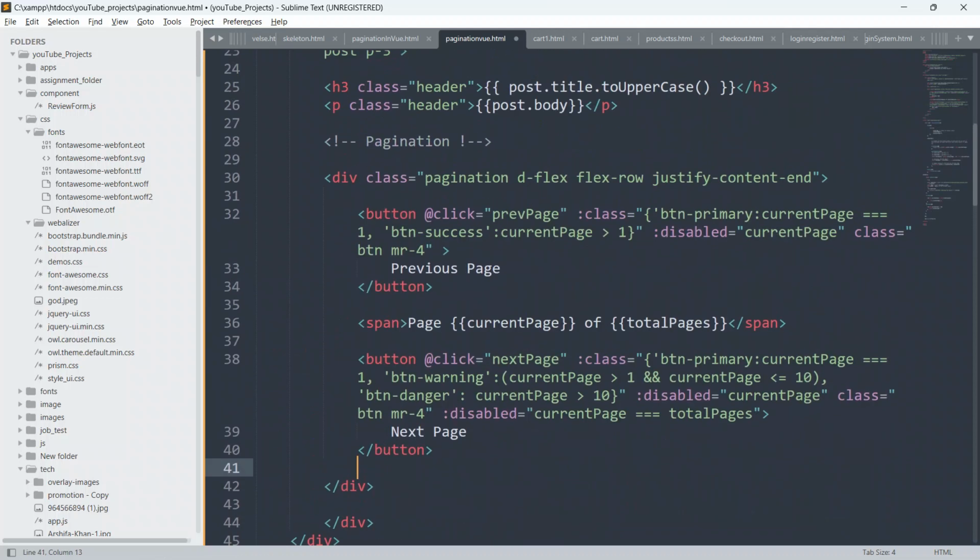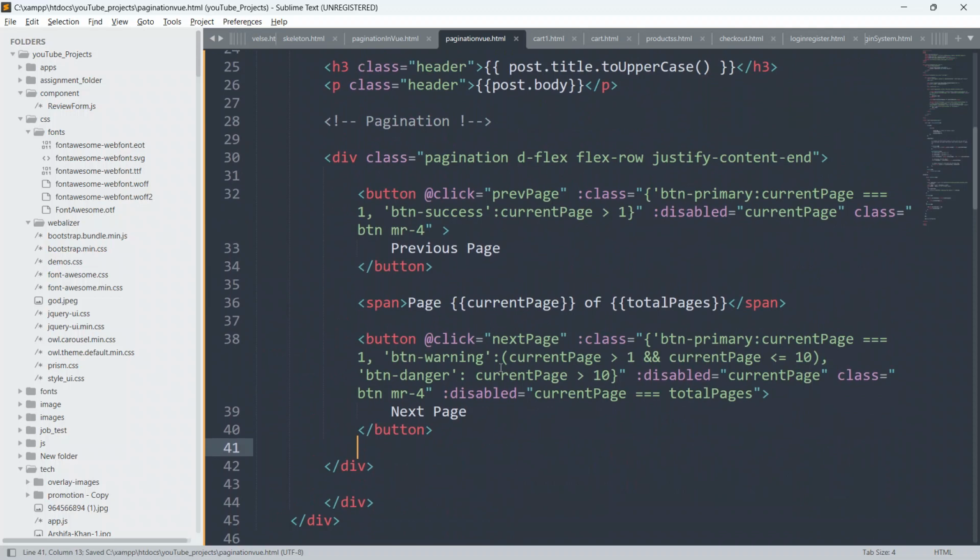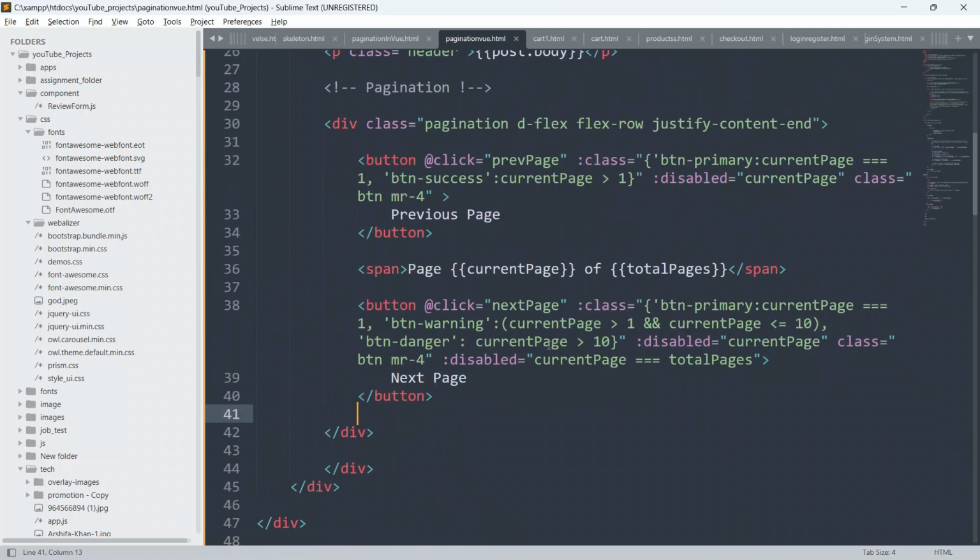So guys, I hope you know what I'm doing here. I'm just giving dynamic CSS classes by using vue.js, and we are checking some conditions. The class will be button primary if current page equals 1.